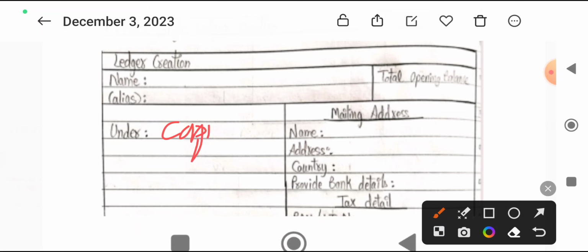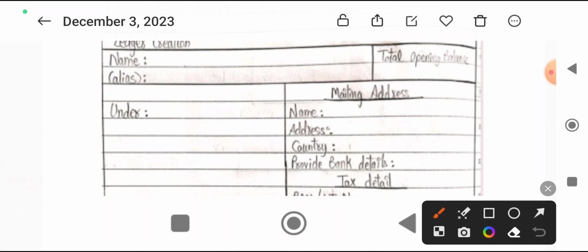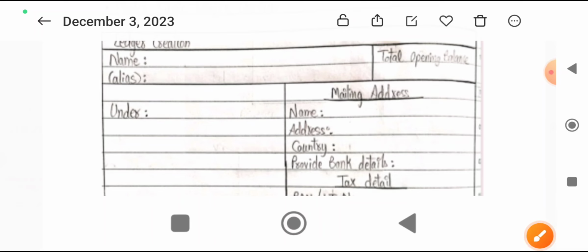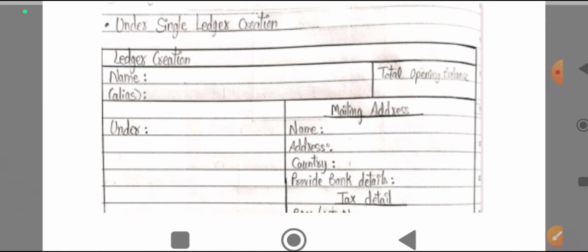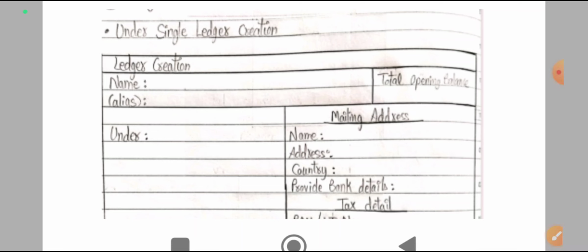So write here capital and write the full word ACCOUNT. These are other things which are optional for us, so be careful with them. And at the bottom we will be having what?